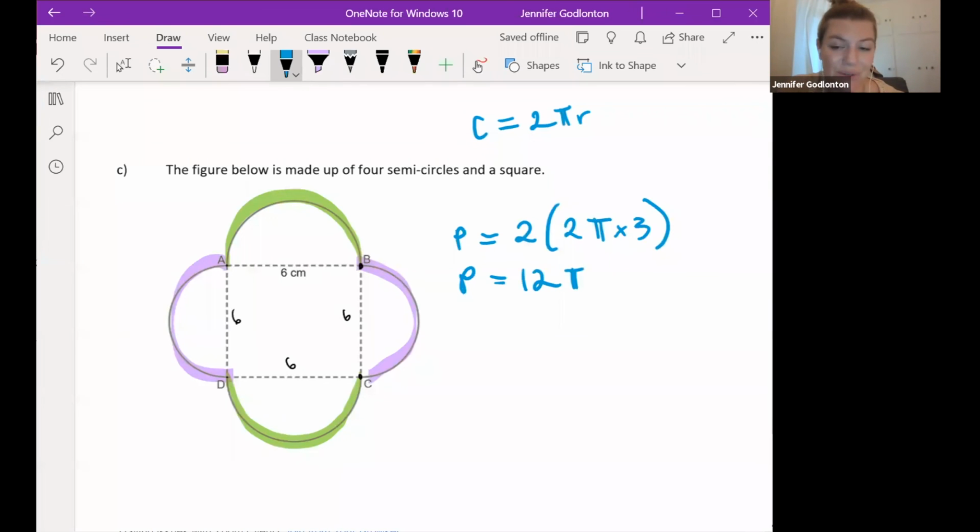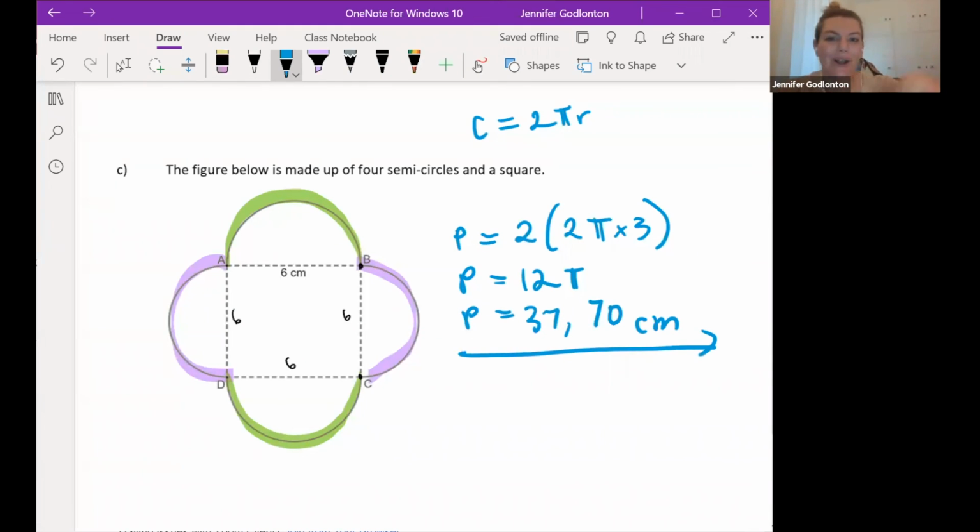So those of you who got to 12 pi, big well done to you. And then we can just chuck that straight into our calculator and we would get the answer of 37,70, because of rounding, centimeters. There's obviously long ways to go about this, where you could work out each semicircle and then add them together, but this is just the